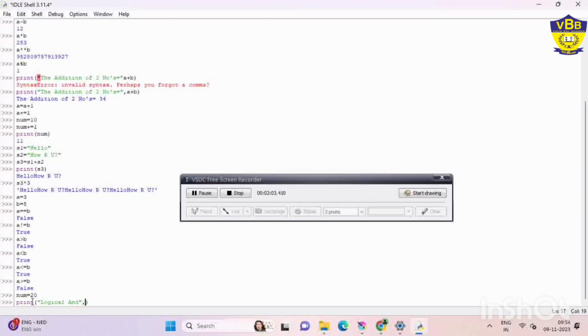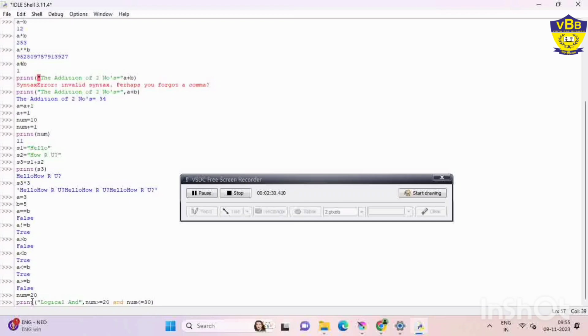In the logical AND I am writing two conditions: num greater than or equal to 20, and num less than or equal to 30. 20 is greater than or equal to 20, the condition is true.